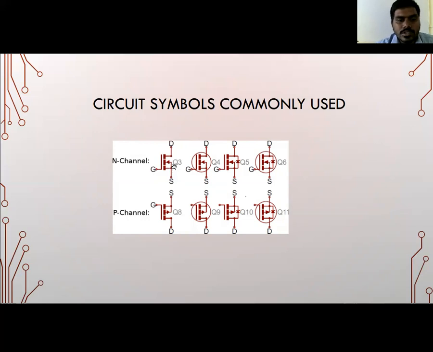The middle arrow shows the N region, meaning this complete region is the N region. Similarly, this one also shows the same. If it is a P region, then the middle part will be the P region, and if it is an N region, then the middle part will be the N region. And here you can see there is an extra assembly.